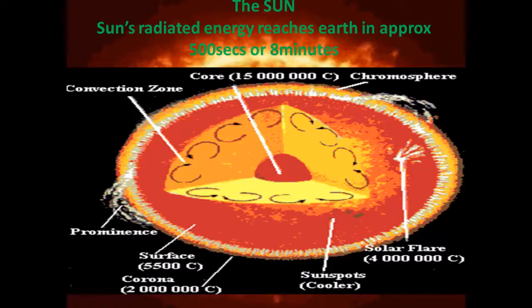So if they ask you in the examination whether the statement is true or false, that corona is the outermost layer and its temperature is the lowest one, no, the temperature of corona is very high compared to chromosphere and surface of the sun. Okay, the reason behind this is,